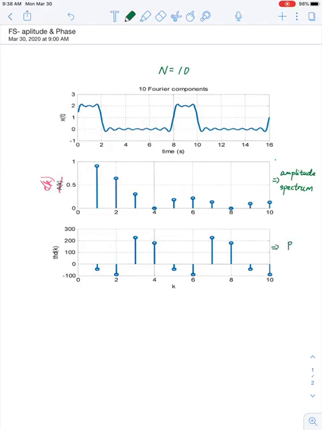And the third figure is the phase spectrum. So the amplitude spectrum is represented by CK. So recall that we mentioned that CK is a combination